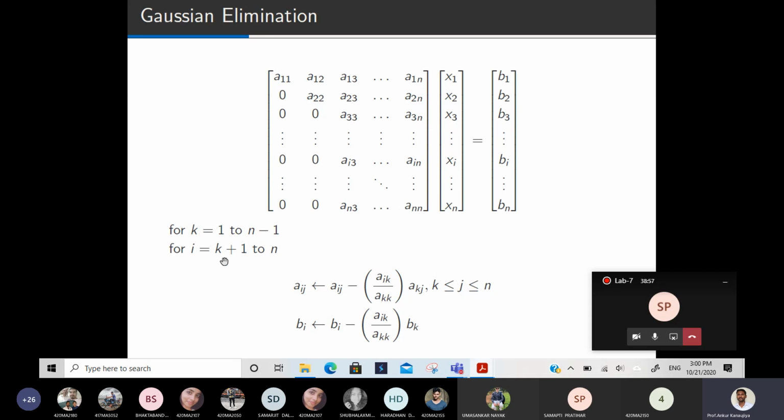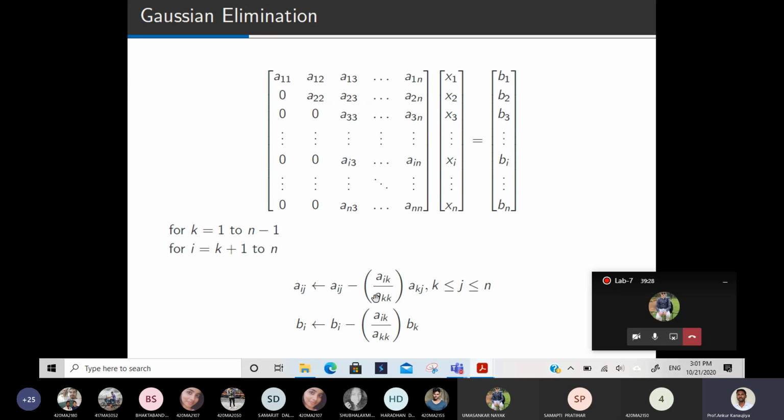Why k from 1 to n minus 1, and k plus 1, you can ask if you have any doubt. No, sir. Actually, my question is that when we solve the question by hand, then we can write the augmented matrix, the given data and the identity matrix. Then we equate this. Right. But you are making an augmented matrix, we are applying the same thing.